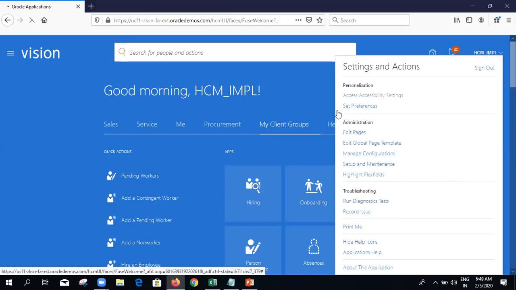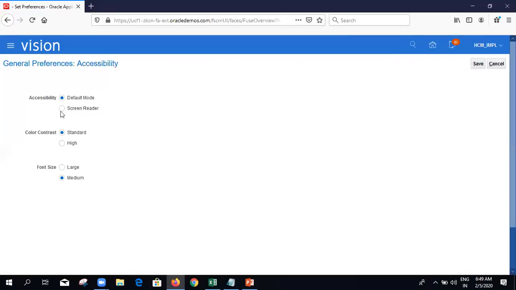If I click on accessibility settings, I can change the mode. Right now it is in the default mode, how we are seeing the application. If you want to change to screen reader, we can change. The color contrast we can change, and the font size which you are seeing on the screen, if you want to increase it.